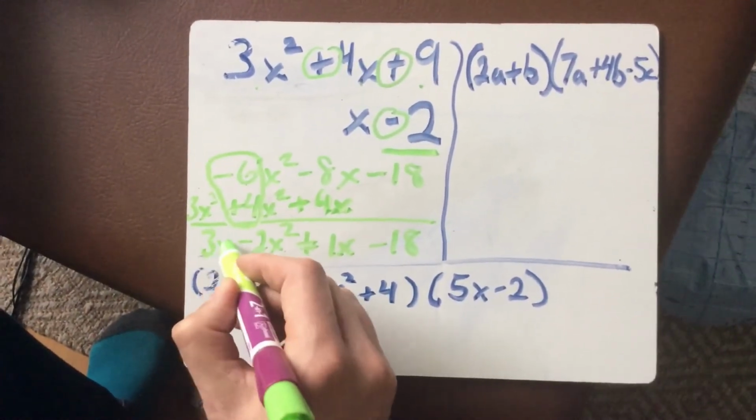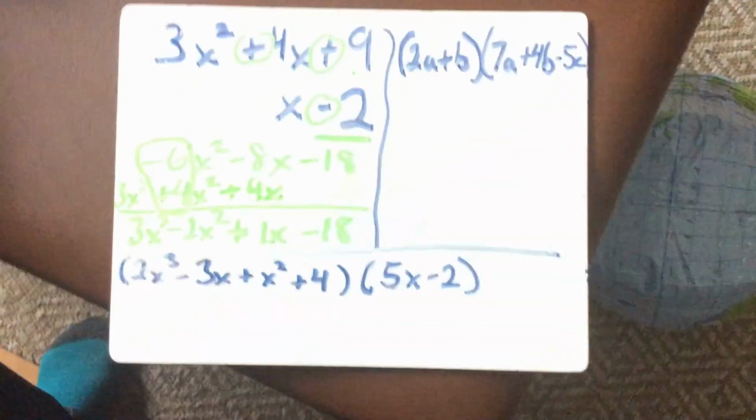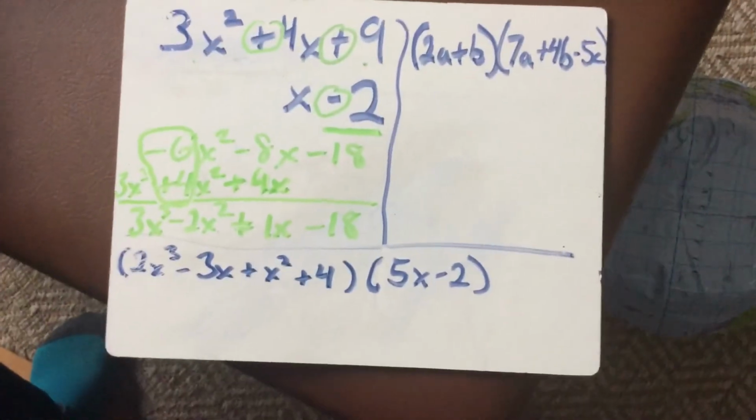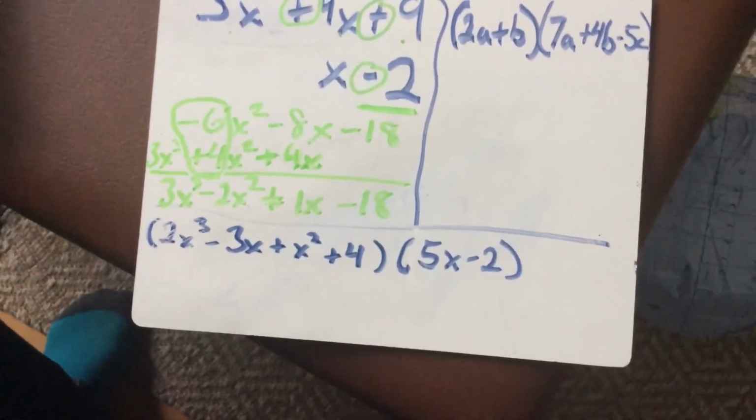Finally, I drop down my last one since there's no like terms, and I get my answer there, which is 3x cubed minus 2x squared plus x minus 18. So that is when I'm adding